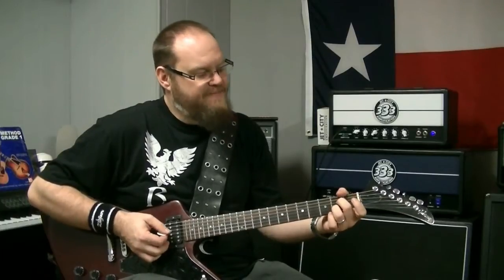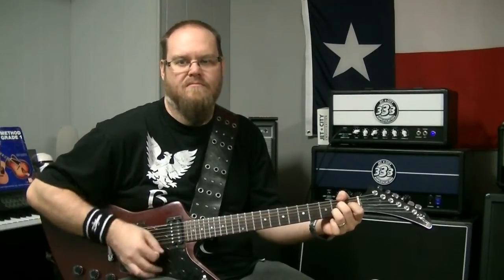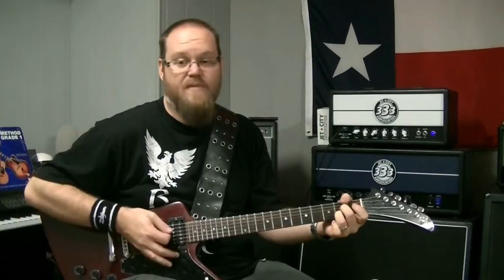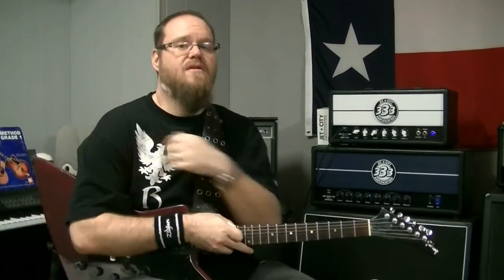Typical progression is A7, D7, back to A, to D, back to A, E7, D7, A7, ends on the E7. Right? Basic 12-bar blues. So if we're playing an A blues progression, we're going to use this A pentatonic scale